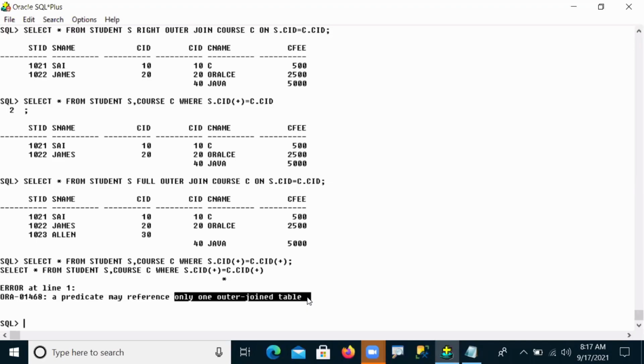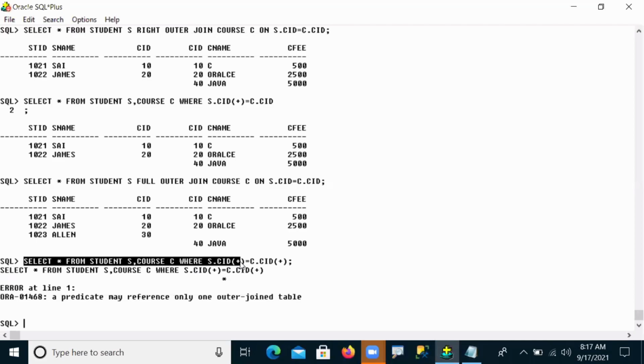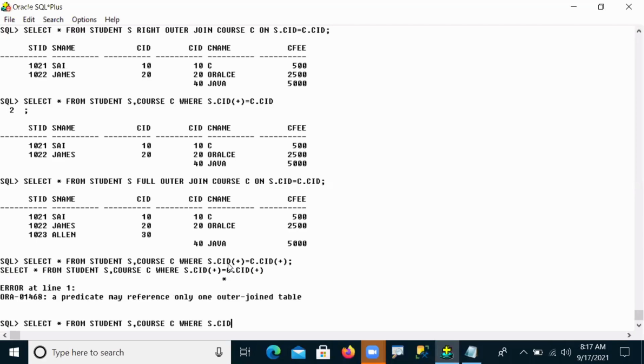Okay. Now let us see how we can implement the full outer join. First I'm going to write S.CID equals C.CID with the outer join operator on the right side.